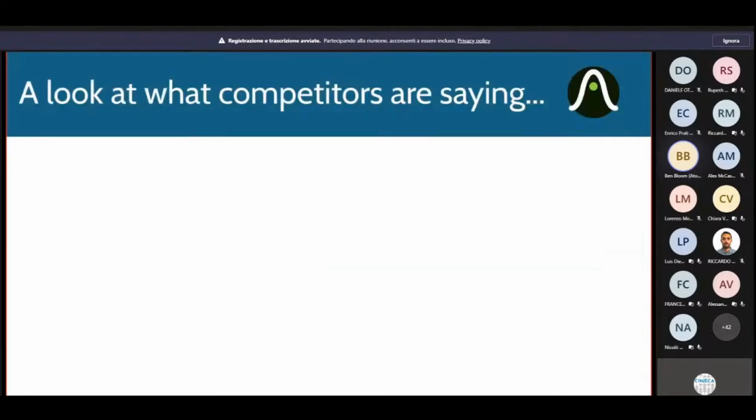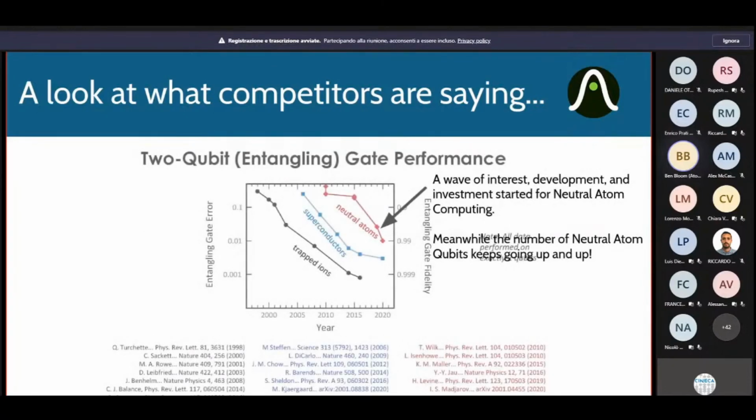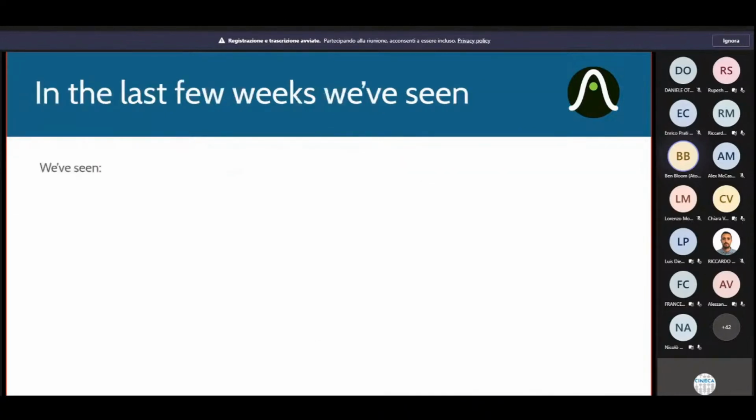Similarly, I would say that in the last few weeks, the exciting thing about neutral atoms is that there's been so much work since about 2015 that there's been a huge explosion of high fidelity entangling gates. And it's a pretty exciting time because not only are the entangling gates getting better and better for neutral atoms, but the number of neutral atoms keeps going up and up and up. Even our first system is now at 100 qubits. I think the records are now at a few hundred to almost 300 qubits. And I expect we'll see systems of thousands of neutral atom qubits very, very soon.